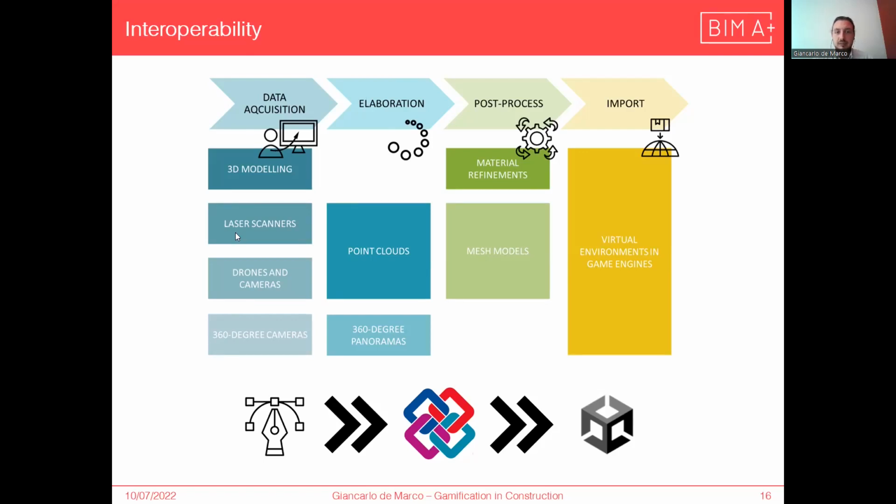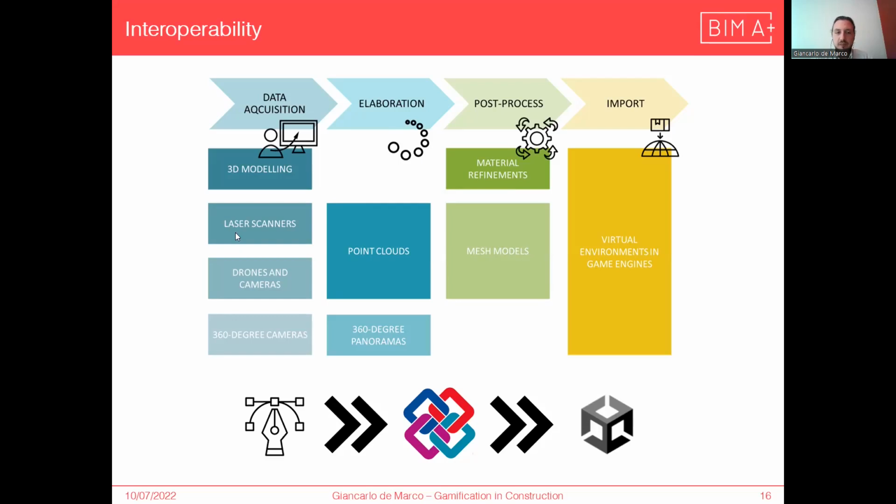So how do we proceed then? Once we have the model, we can import it into the game engine, in this case Unity. How to do that? There are two ways. The first one is to use an FBX file format, but this Filmbox file format provides only geometrical information, and this does not apply to us.